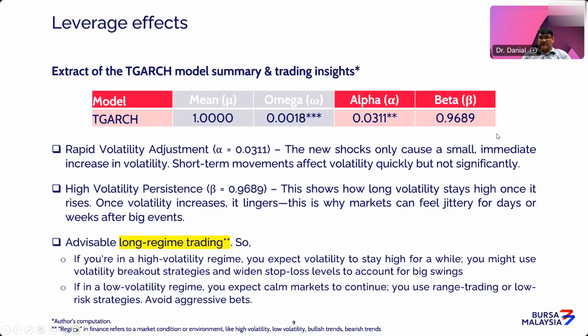So that is alpha. Beta shows how long volatility stays high once it rises. For KLCI futures, let's just say there is volatility. That explains why, without any news or without any fundamentals kicking in, we still see the market fluctuate unusually higher, unusually more agile than on usual days. So that's what the beta is telling us.